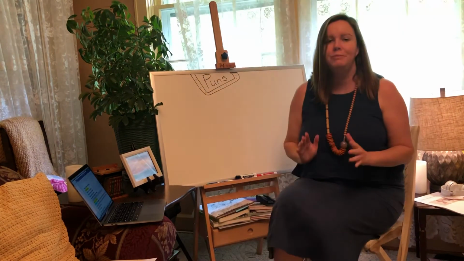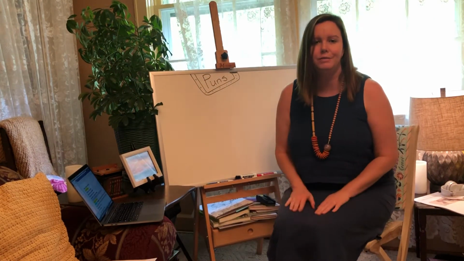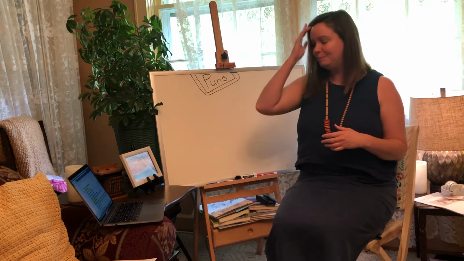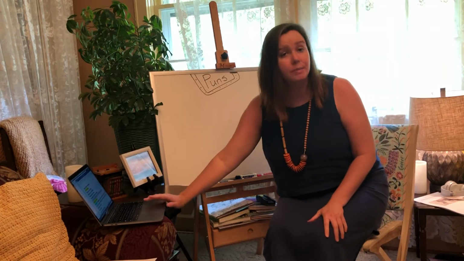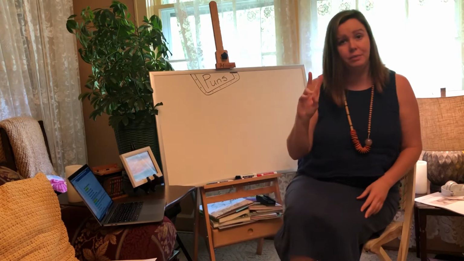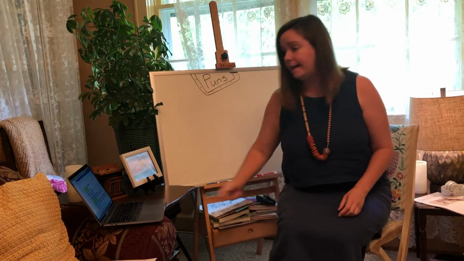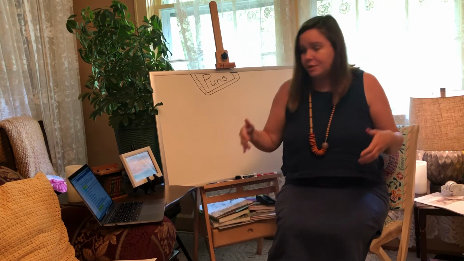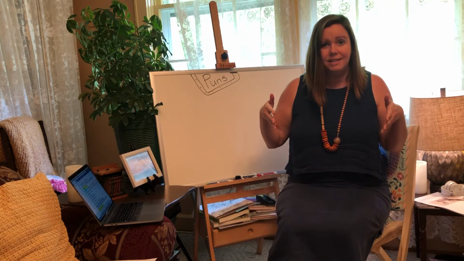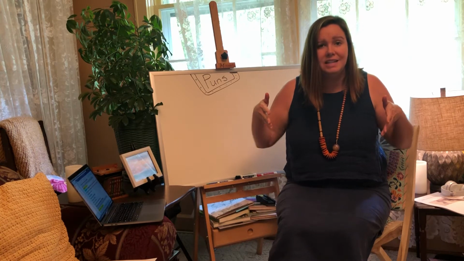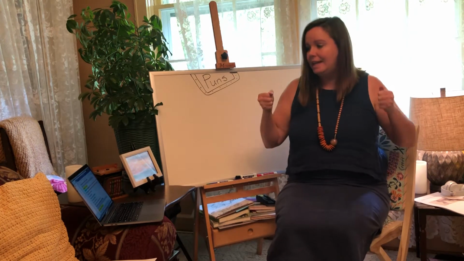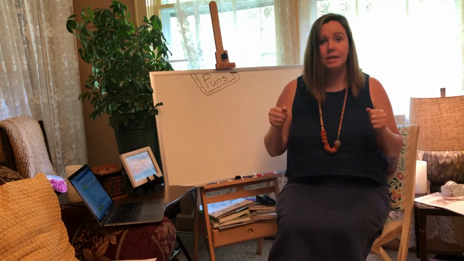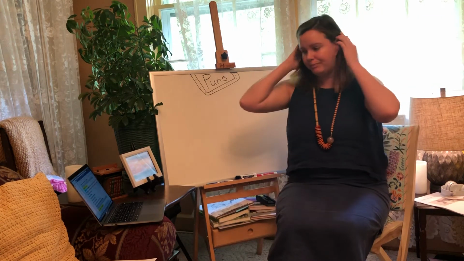There are so many types of figurative language. So far, let me go through the types we've learned. We learned about similes. We know that you compare two things using like or as. We've learned about metaphors. Remember, it's a figure of speech that says that something is something else, like he is a shadow, or she was a rainbow.